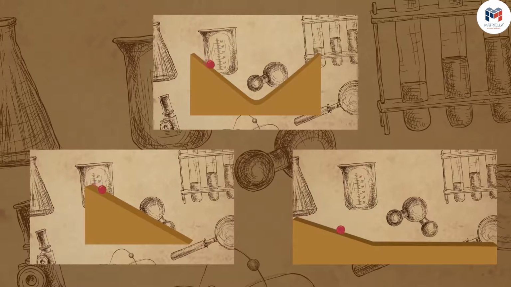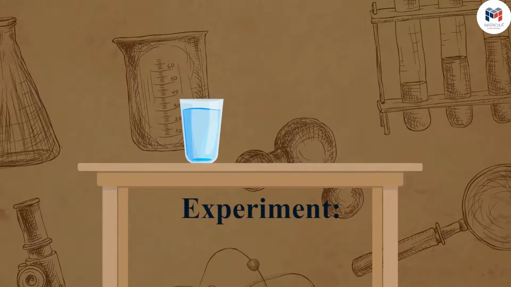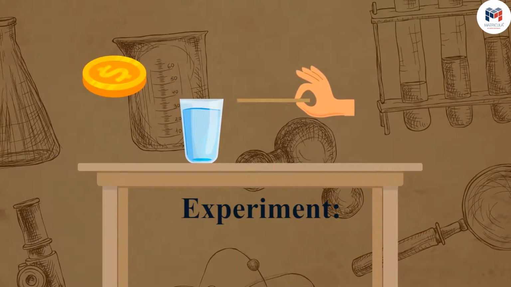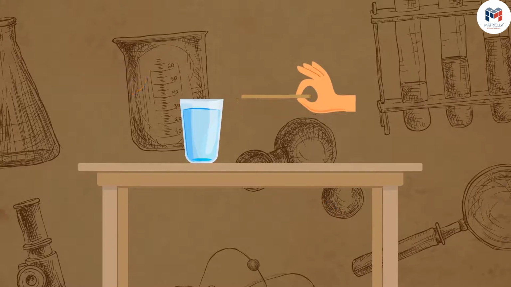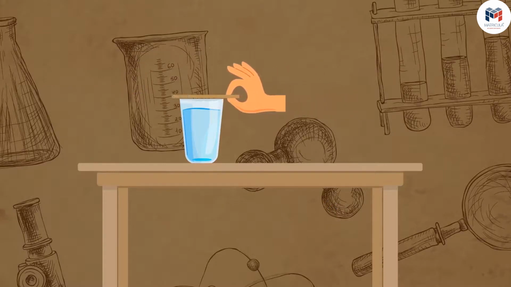Let us do another simple experiment to observe the effect of inertia. Let us take a glass, a card large enough to cover the mouth of the glass, and a coin. Place the card above the glass such that it covers its mouth, and then place the coin on top of the card. Pull out the card as quickly as possible.